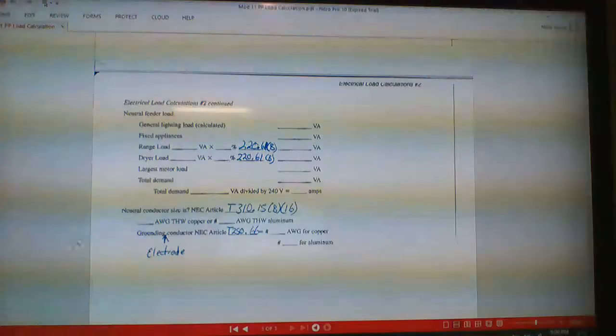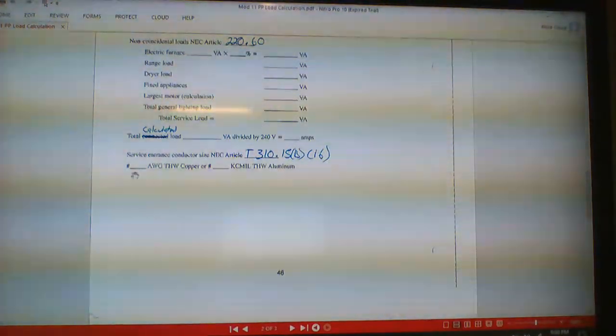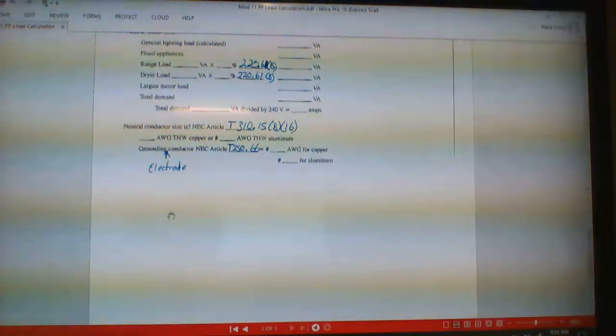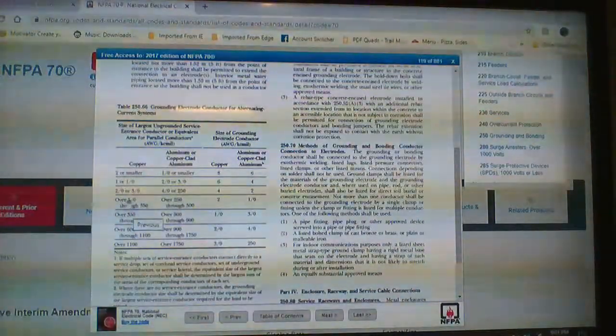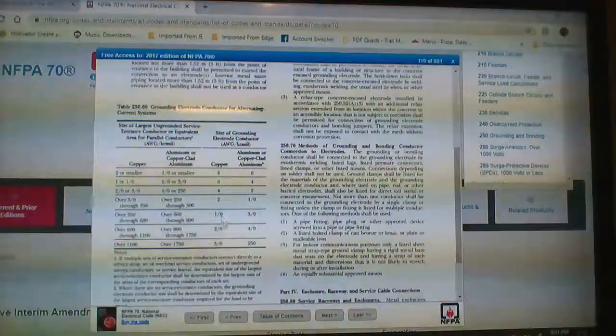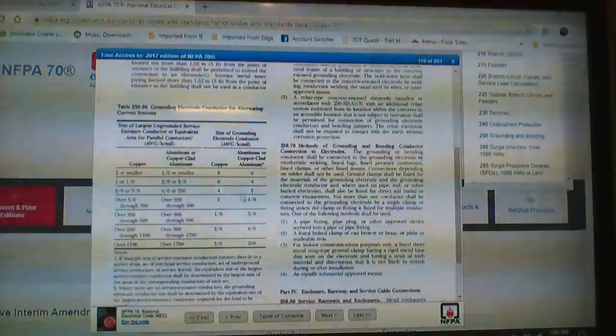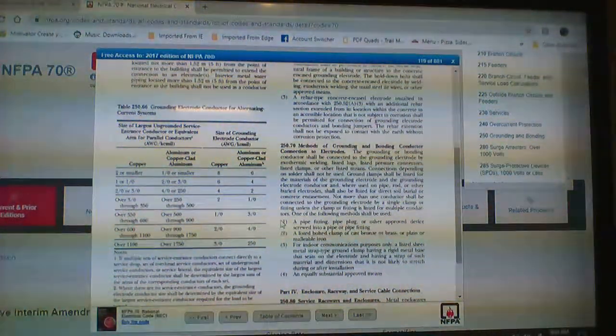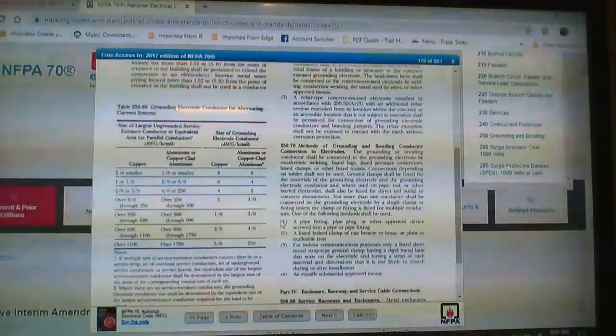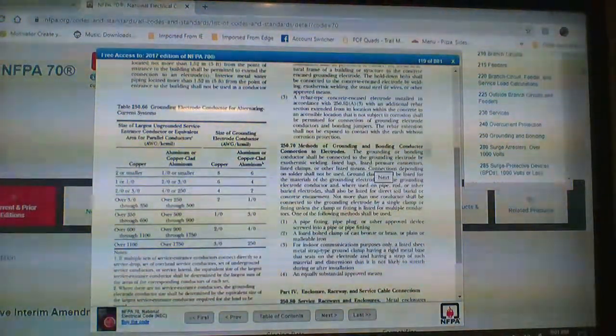You remember what I said? We're going to come back up here and find out what size wire we needed for our service entrance cable. We're going to come down here looking for the grounding electrode conductor. Whatever size wire you needed for copper over here, you'll come over here and it'll tell you copper. Whatever size I need for aluminum, you come over here and it'll tell you what you need for aluminum. That's all there is to doing your service entrance and figuring out your wire size for the service on a residential